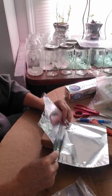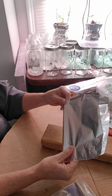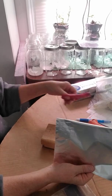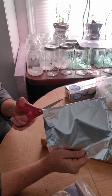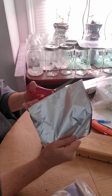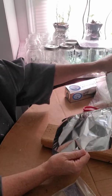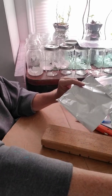and I fold it in half, and that'll give me 2 jars. Okay? Cut it in half. And I learned the hard way that you want to put the shiny side down. You don't want the shiny side up under a grow light, because it blinds you. You can barely see after you look at it. Okay, you don't want to put that side up, you want to put that side up. So then,